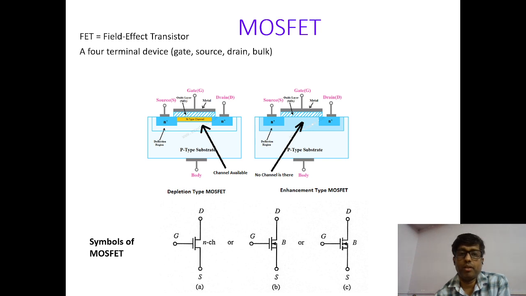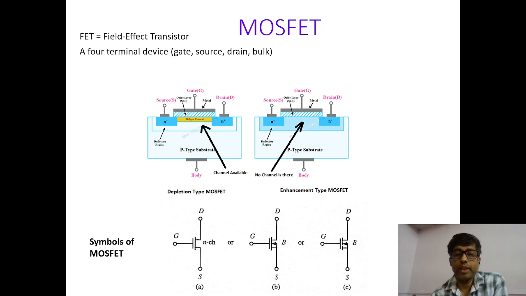Channel is available. Okay, extra in the fabrication process we have done. So this is the difference from the point of view of the fabrications. So obviously we'll get two different results for that. In the N type substrate, grounded, when negative voltage is applied to the gate,